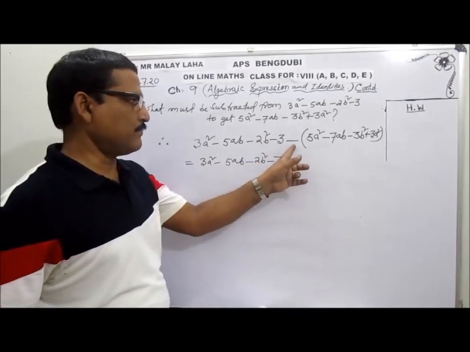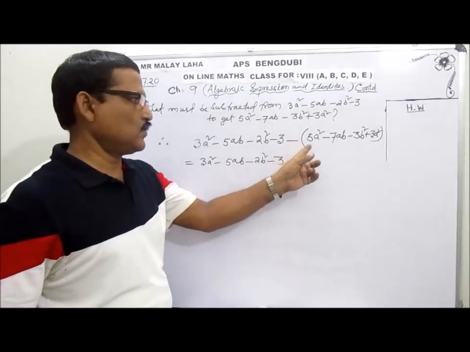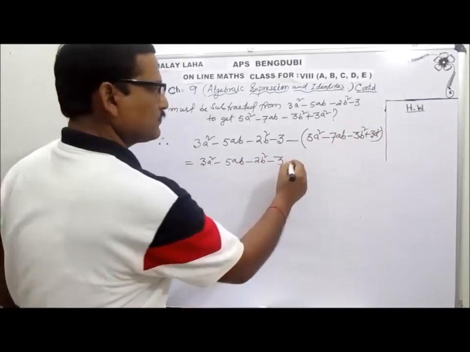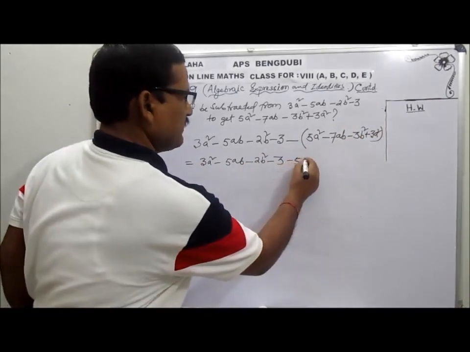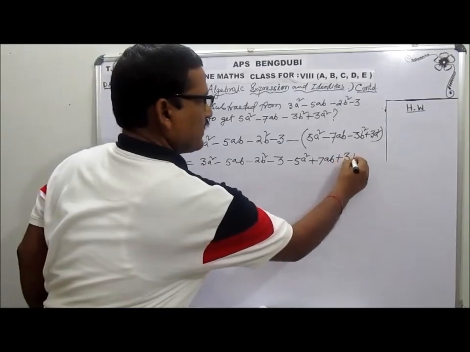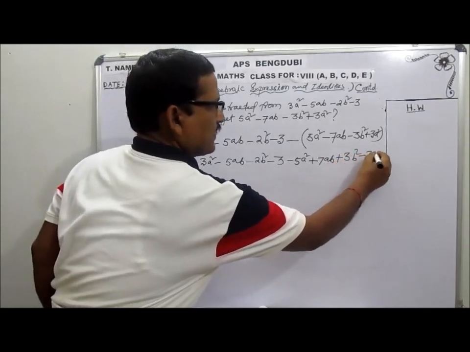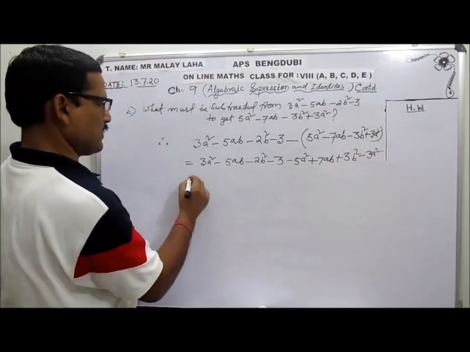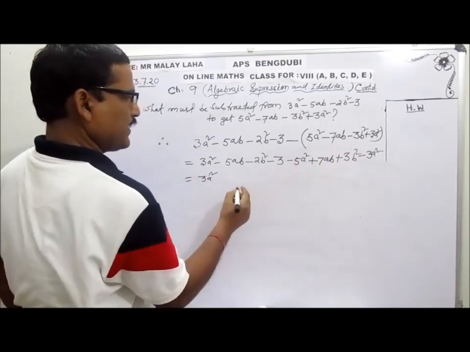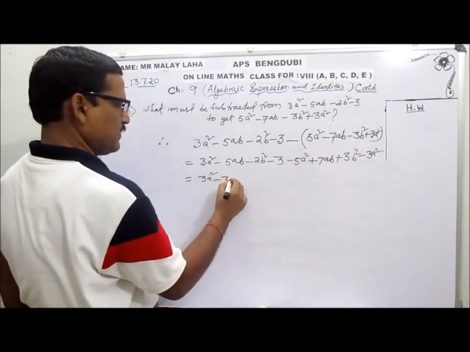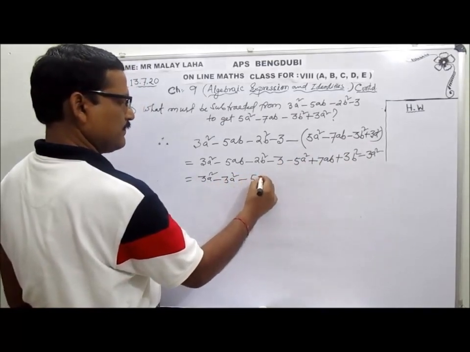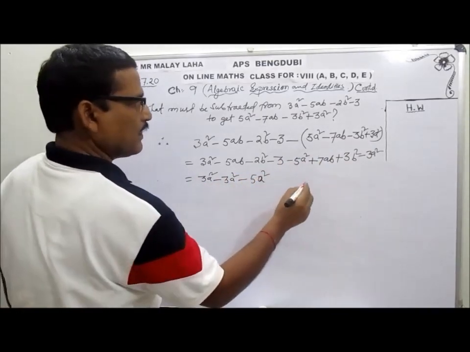Now it is in bracket. Before the bracket a minus sign is there, so when we remove the bracket, all signs will be changed. So that means minus 5a square plus 7ab plus 3b square minus 3a square. Write down the like terms one by one. So here minus 3a square plus 3a square. At the end we have one minus 3a square and another minus 5a square. Now b square